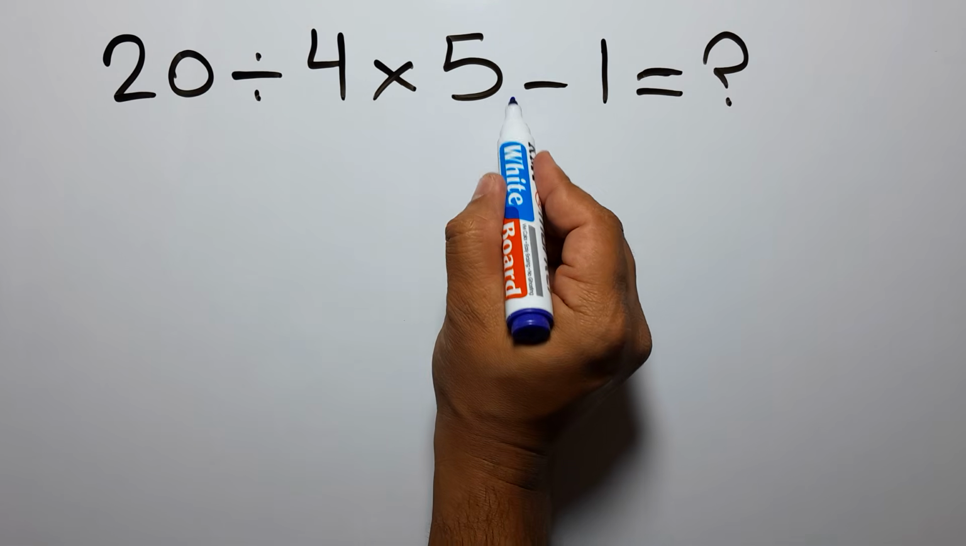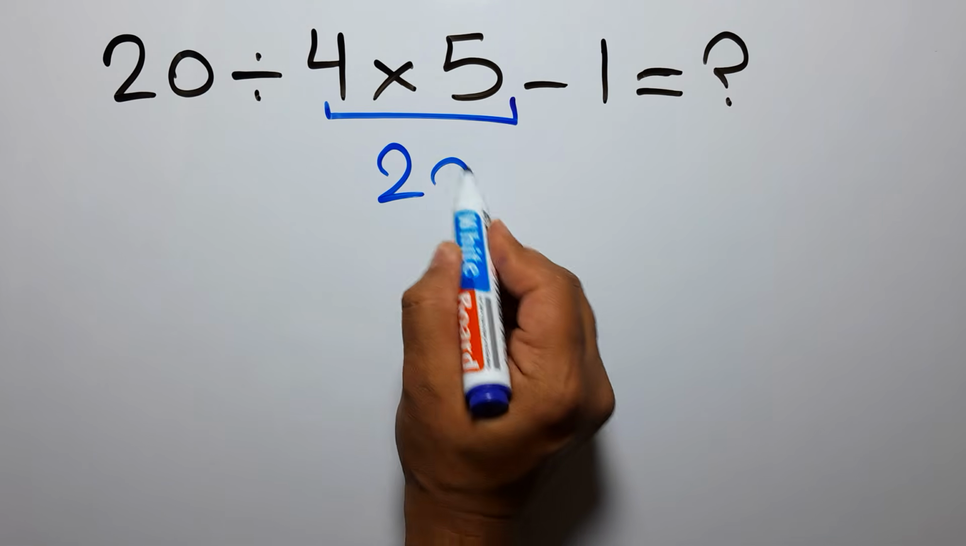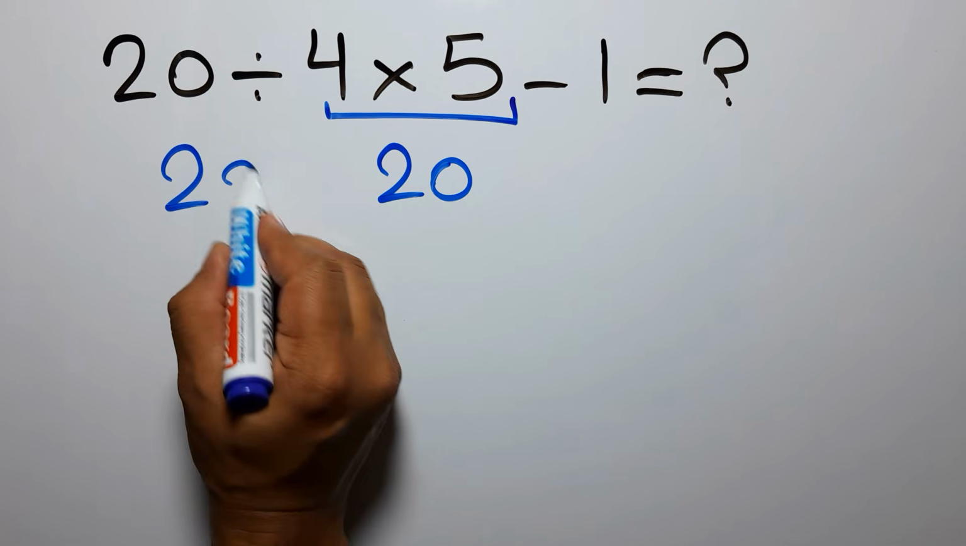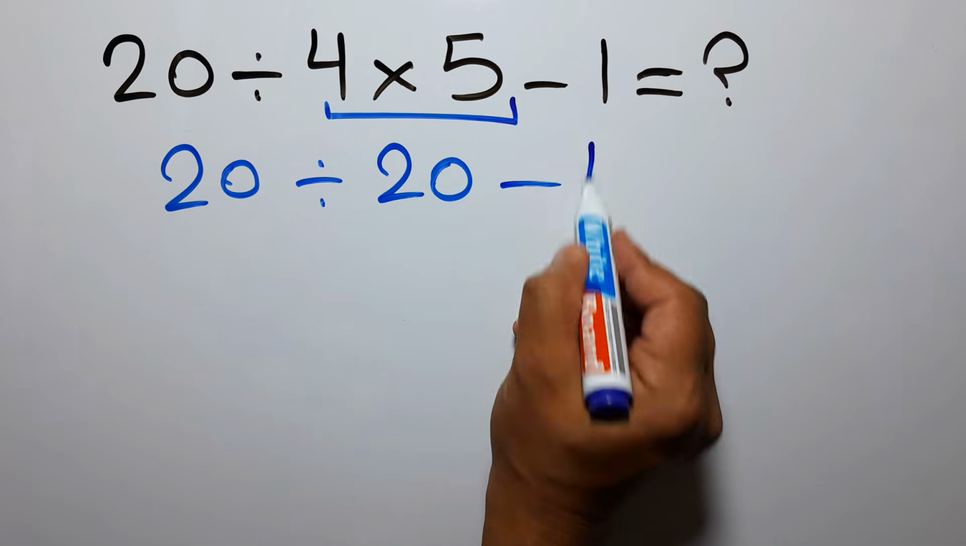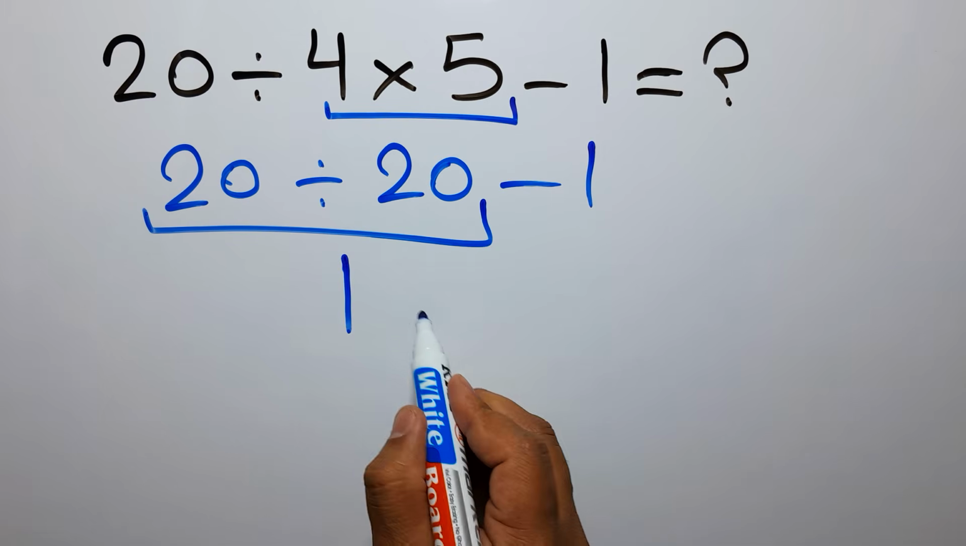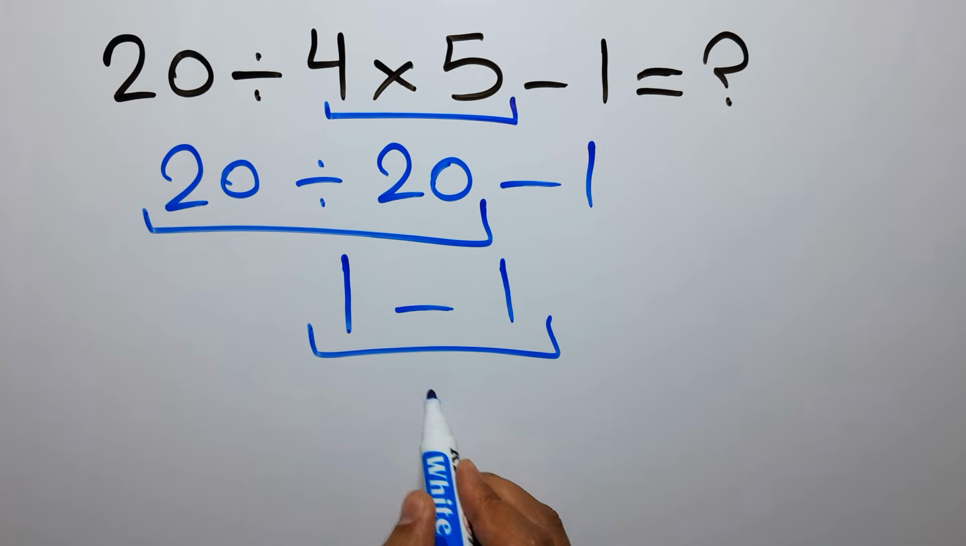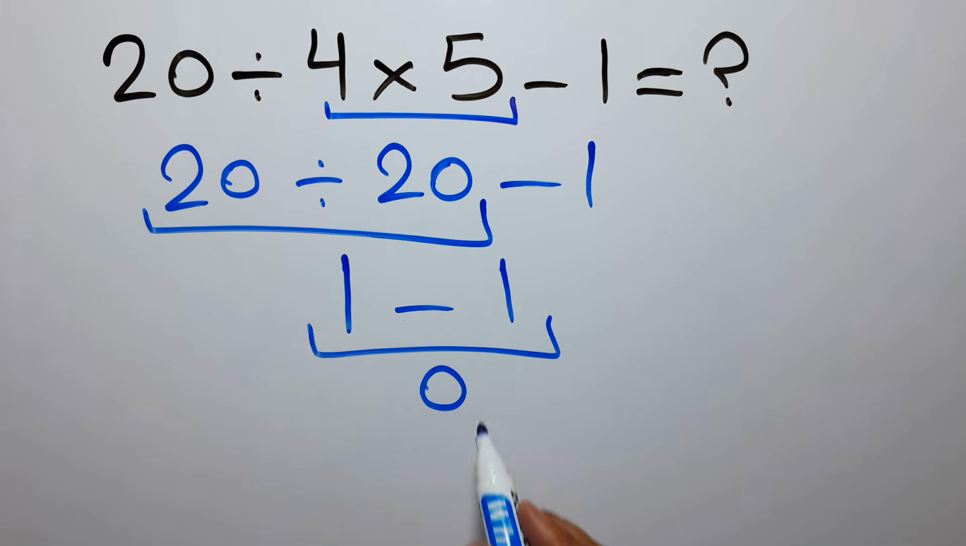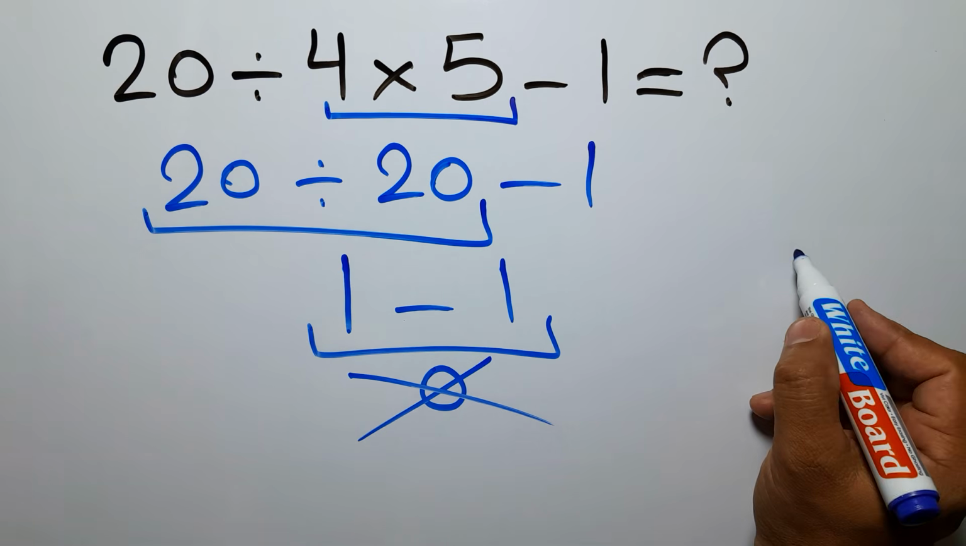4 times 5 gives us 20. So 20 divided by 20 minus 1. 20 divided by 20 is just 1. So 1 minus 1, which equals 0. But this answer is not correct, because according to the order of operations, which is PEMDAS,